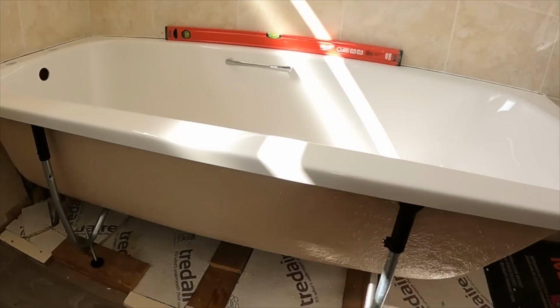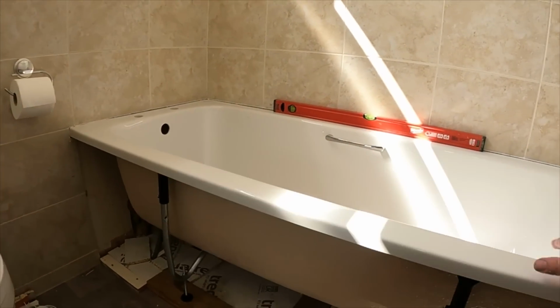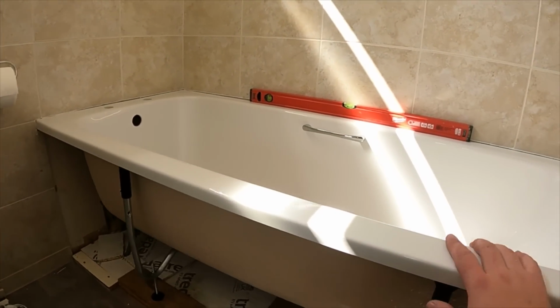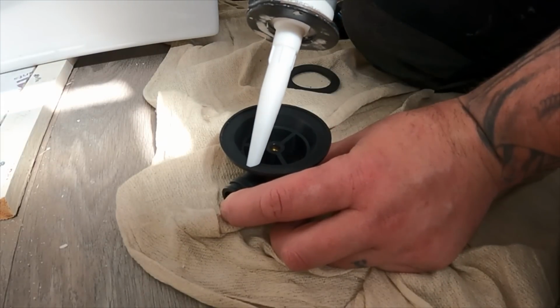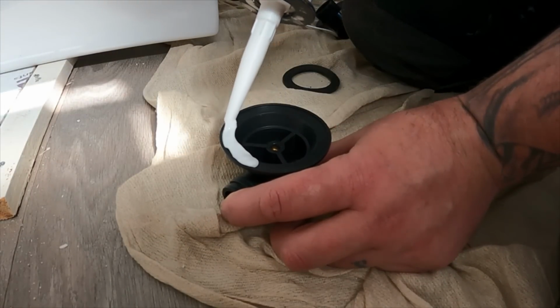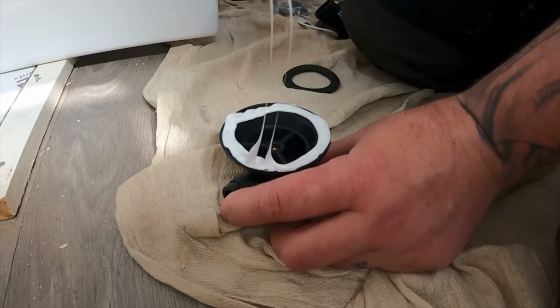So I'm going to make sure the panel works on the front, then I'm going to take it out, put the taps in, put the waste in, get the battens on, and get it fitted. As always, you'll all know I like to silicone up every waste, because the ones I never silicone up are always the ones that leak. So put a little bit of silicone around it,